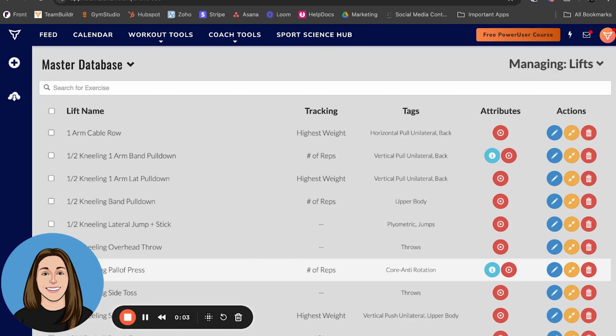We often get asked a lot of questions about linking tracked exercises to one another, so we decided to make a video to help you better understand some of the nuances with linking tracked exercises. Currently, we're inside of our exercise database, and let's say we want to link our front squat to our back